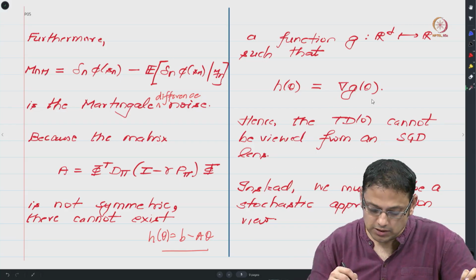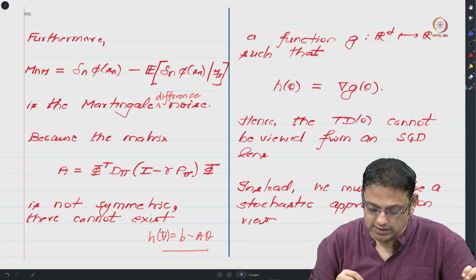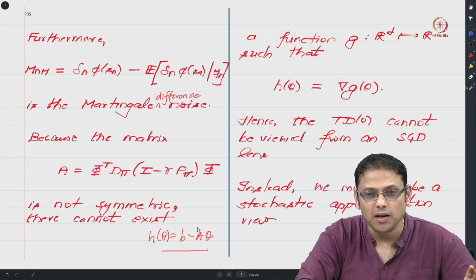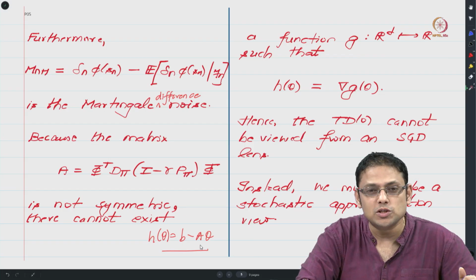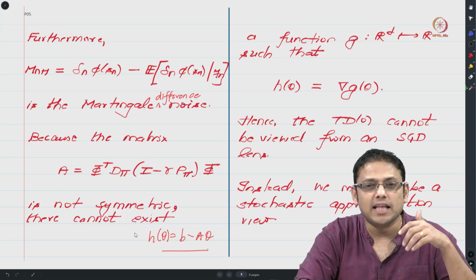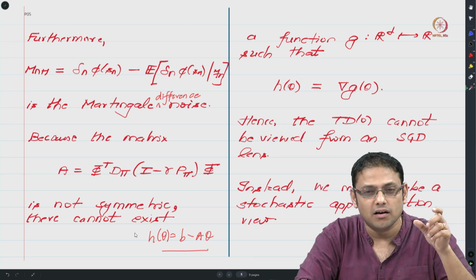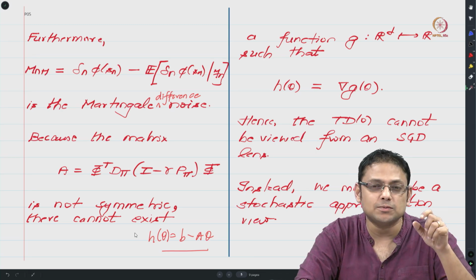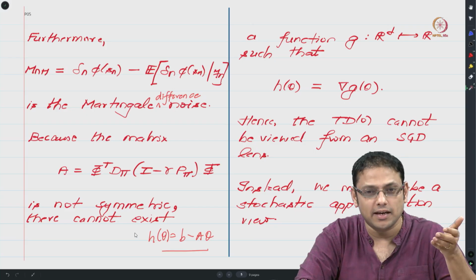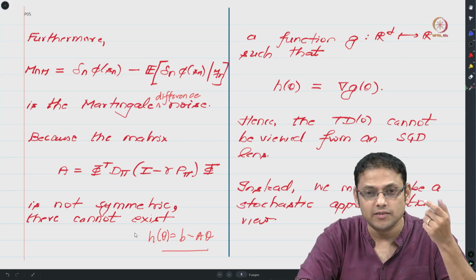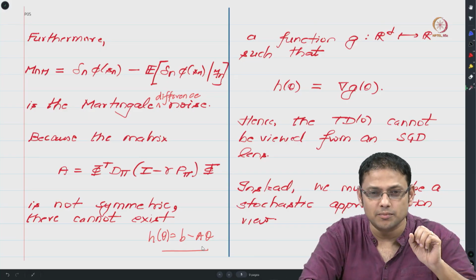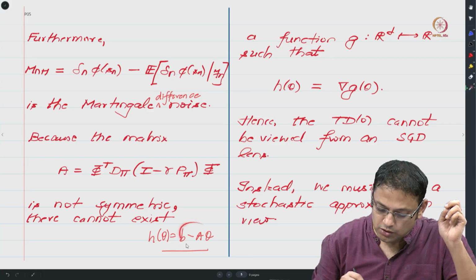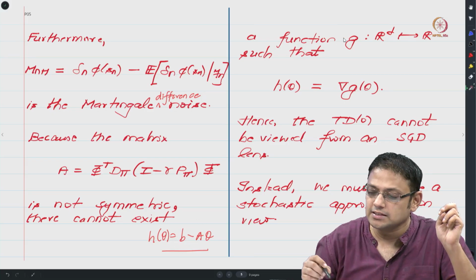So why am I saying this? Because your H has a linear nature. You can see that it is some constant plus some matrix times theta. So this implies this is a function that is linear in theta. Which means if this has to be the gradient of some function, then that function has to be quadratic in nature, and for that function to be quadratic, the matrix that is present in the quadratic term necessarily has to be symmetric. Is this okay? One of the requirements is that it be symmetric, the other requirement is that it be positive definite. So, I should drop the positive definite, I only meant that it should be symmetric. Now because this is not symmetric,